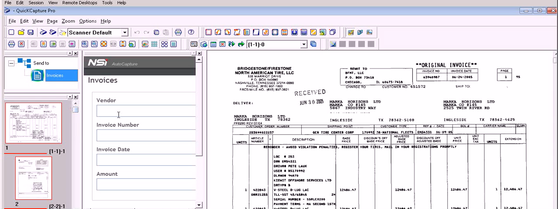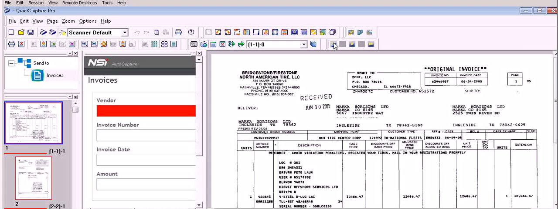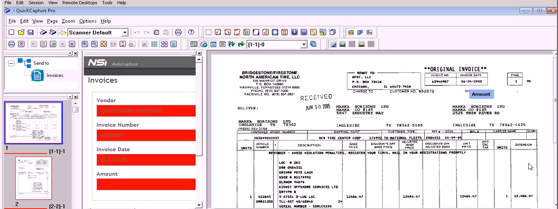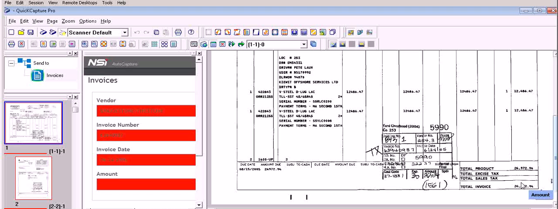And I have the metadata I want to capture: vendor, invoice number, invoice date, and amount. What's really cool is that AutoStore will do an instant OCR of the document, so you can just hover and click over the information. See, it prompts me for vendor, and then invoice number, and then invoice date, and then I scroll down here and I have the amount. Just in simple clicks, I've captured all that metadata here on the left hand side. Now I submit that document,